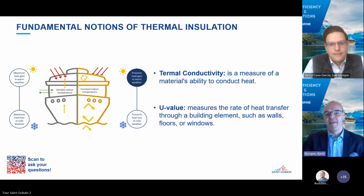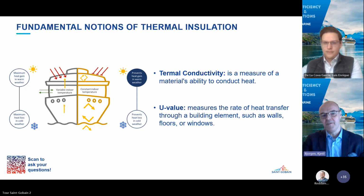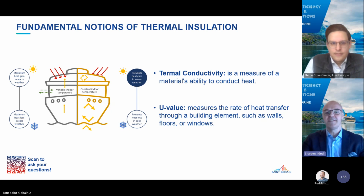The terms lambda value and U value both relate to thermal performance, but they measure different aspects. To avoid confusion between the two, I'll try to explain. Thermal conductivity, often referred to as the lambda value, is a measure of a material's ability to conduct heat. The lower the thermal conductivity, the better the material is at insulating. Insulation materials with low thermal conductivity are more effective at reducing heat transfer, making them crucial for minimizing energy loss